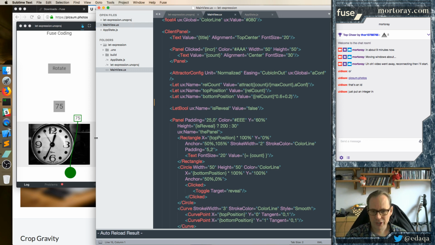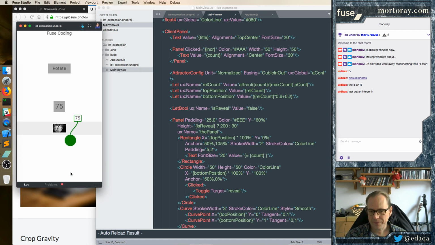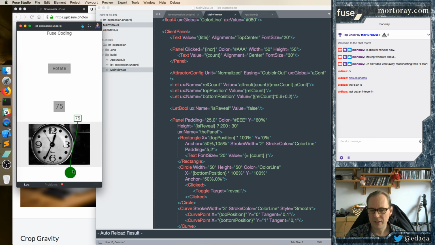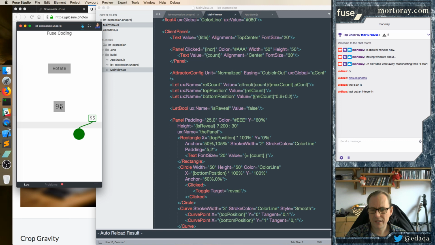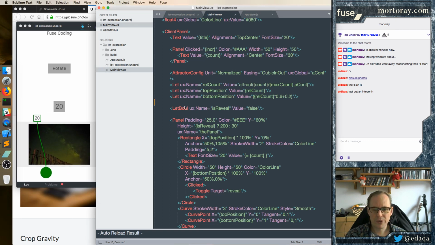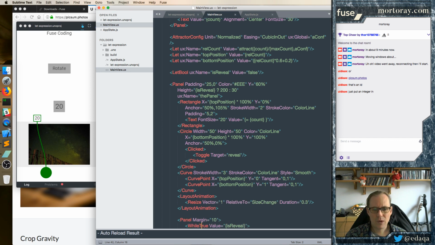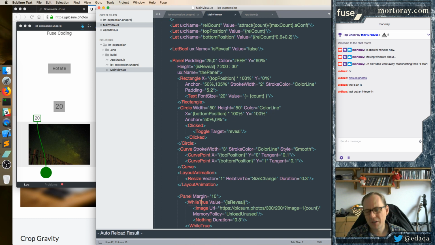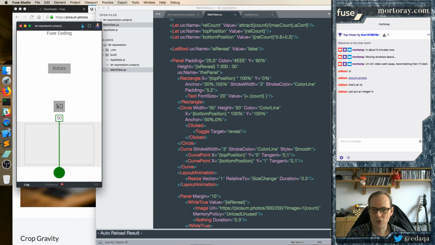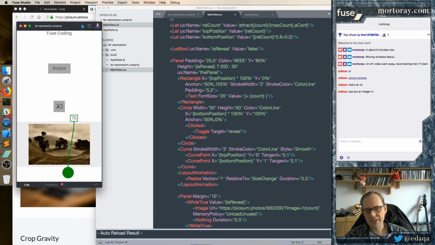The curves approach here is a good use of the curve. You have a curve that adapts to where the position is, and you use the let for that to have the common value. The isReveal, by using a let bool, we show a way that we can make things reactive. Rather than having the change directly modify it, we can change a variable and then have everything based on reactive calculations instead. And that gives more options and more control from the UI without always having to update the model,